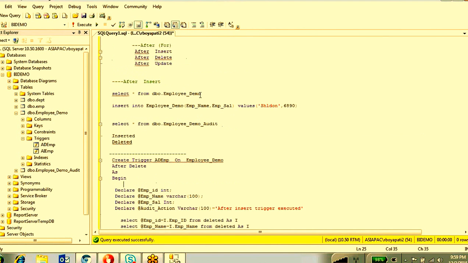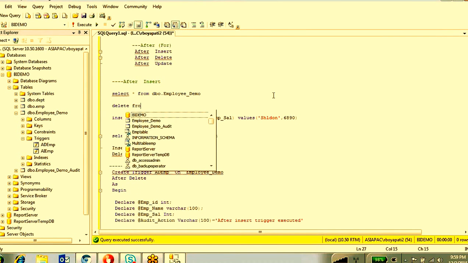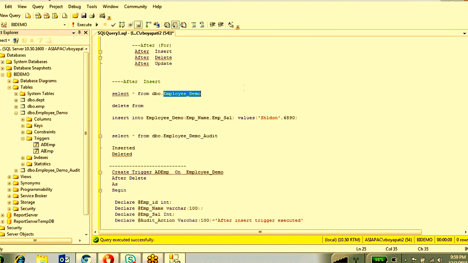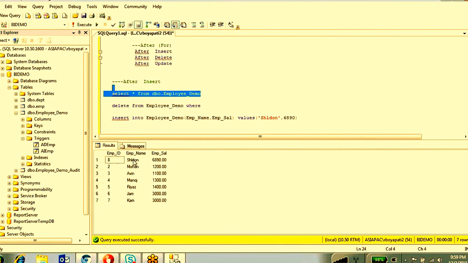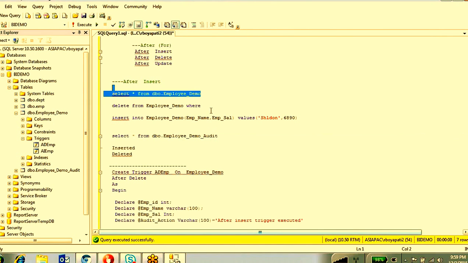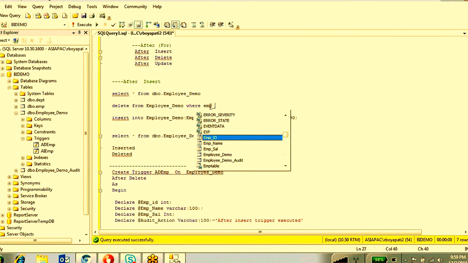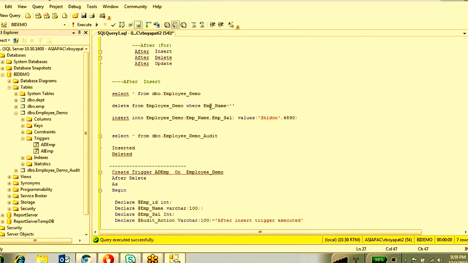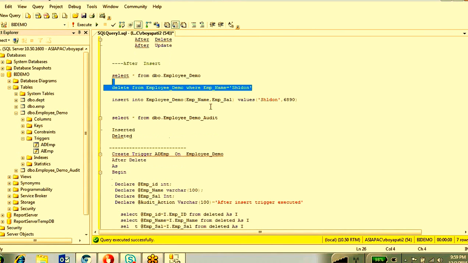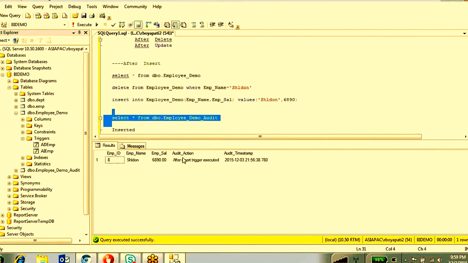If I want to delete some record from here, delete from, where emp_name equal to Shelldon. In the audit table you have only one record, because when you inserted that record, the trigger fired and inserted it.